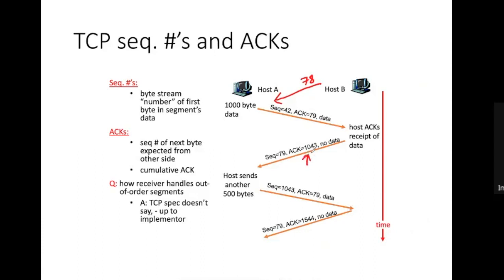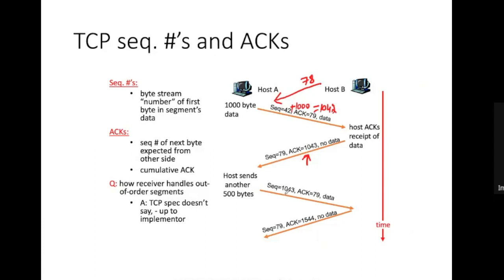Yes, 1043, but how? Remember, the starting byte number was 42, and how many bytes are being transferred? 1,000. So this means it will go up to 1042. So what will be the acknowledgement number? The last byte plus 1, right? So the last byte number that machine B will receive is 1042. So this means the acknowledgement will be 1043. It means B has received data up till byte number 1042